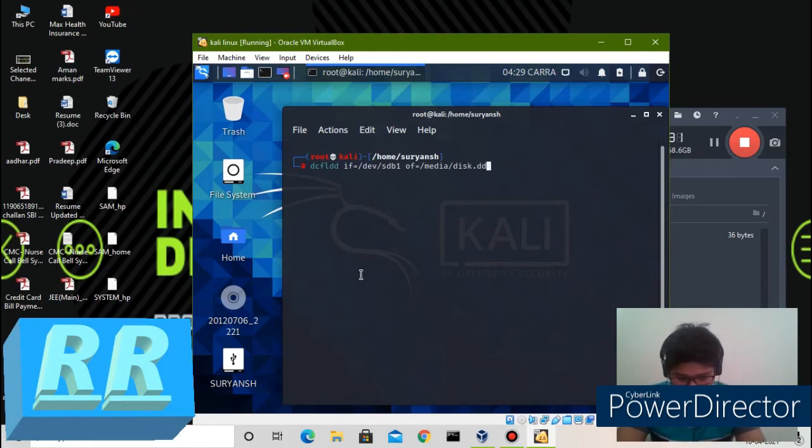Next we have to provide the hash. If the hash matches the afterward file, then we will be sure that no one has disturbed this file, and if the hash does not match, then we will be sure that someone has changed the data in this file. So we will use both hashes. Now the byte sector, 512. Now start. It will depend on your processor how much time it will take.